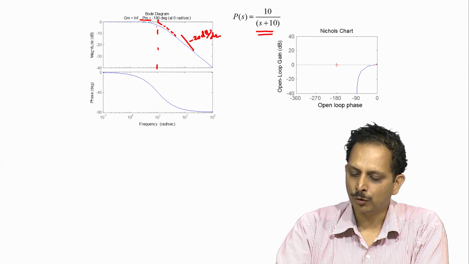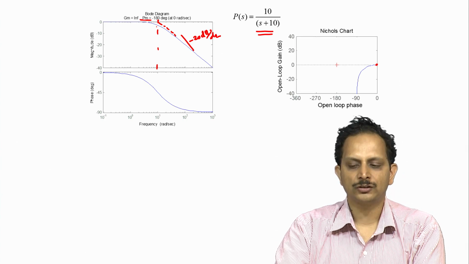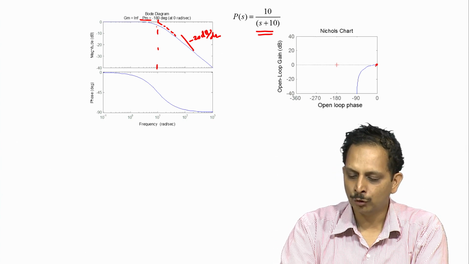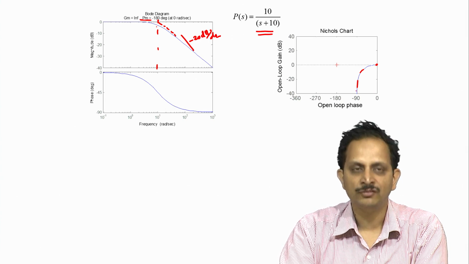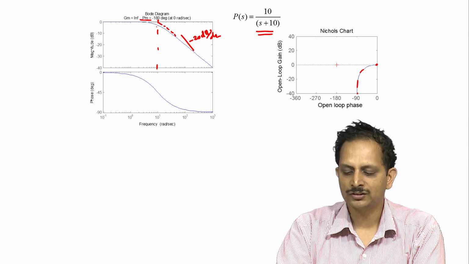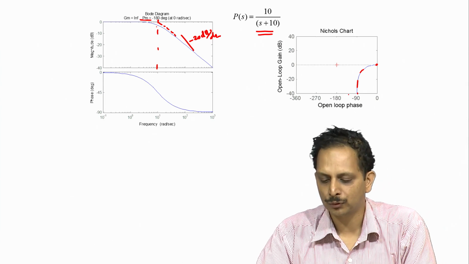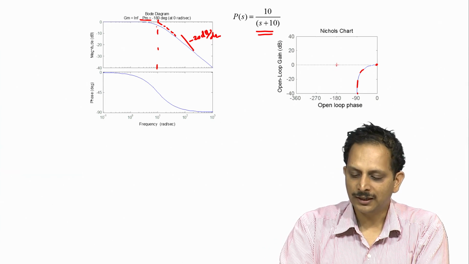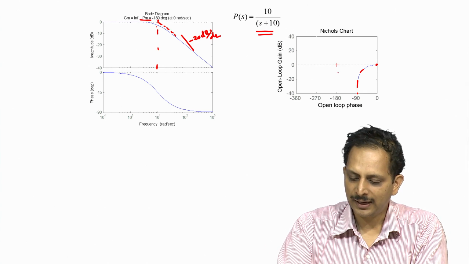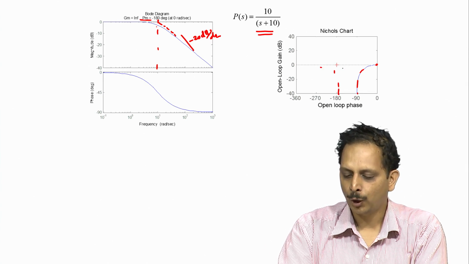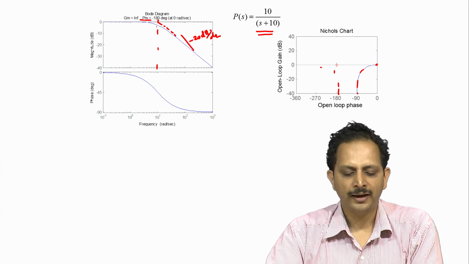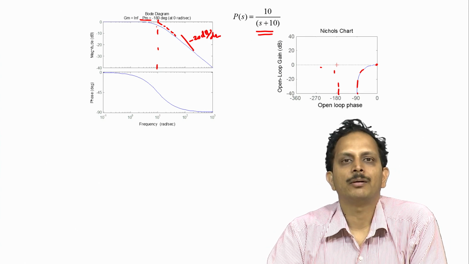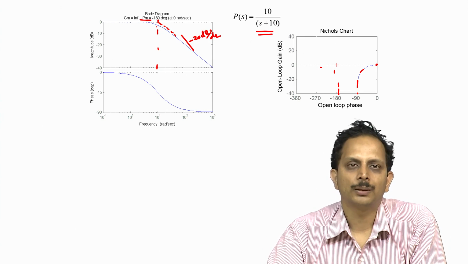When the loop gain is close to 0 dB, the phase is also close to 0, and as the loop gain reduces in magnitude, the phase also becomes more negative, and as the loop gain tends to minus infinity, the phase tends to minus 90 degrees and asymptotically approaches it. And we note that the critical point, namely 0 dB and minus 180 degrees, is quite some distance away from the Nichols plot, and hence a first order system can never be destabilized by employing proportional controllers.